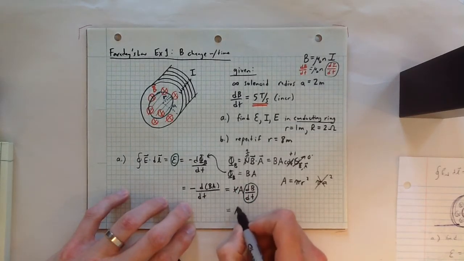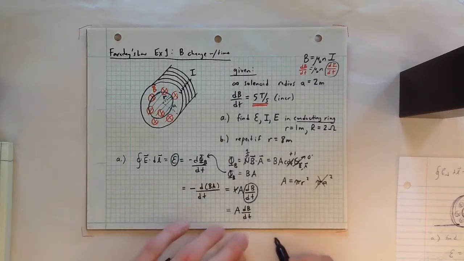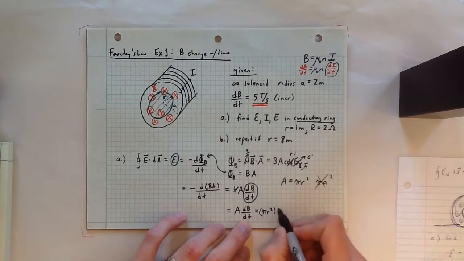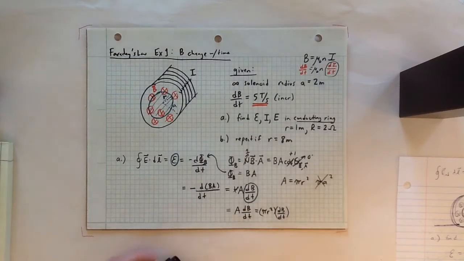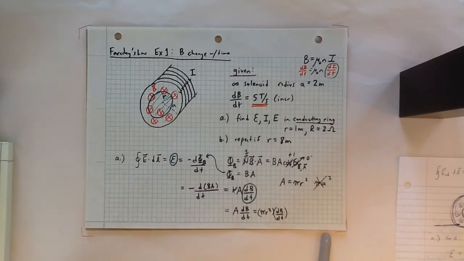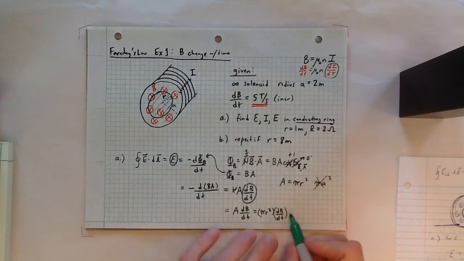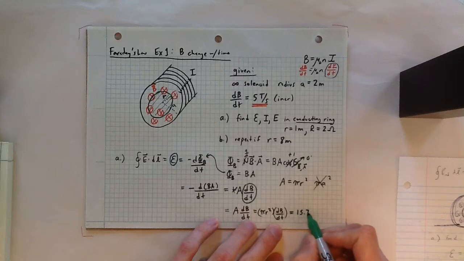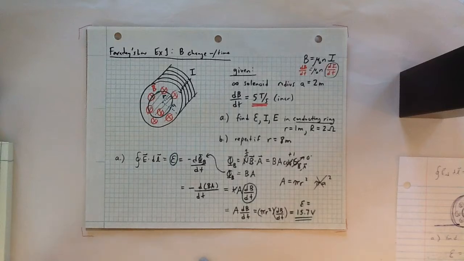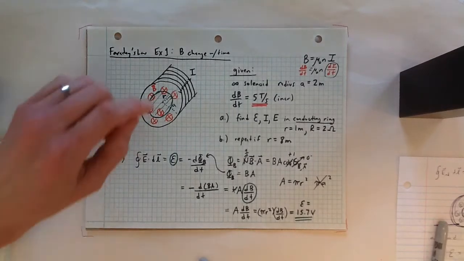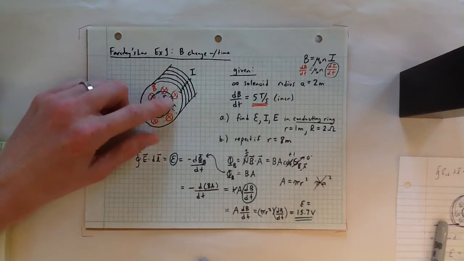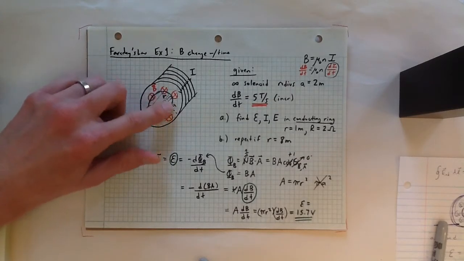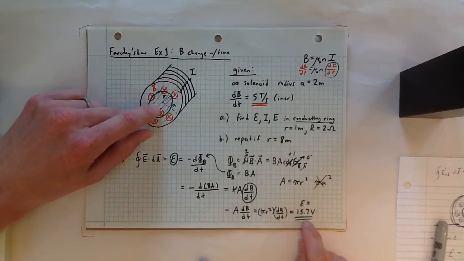law. So here I got A times dB/dt, and I can put in pi r squared, and then dB/dt, just think of it as its own variable. So right there you could certainly plug in, and if you wanted to get that numerically, that is going to be 15.7 volts. So that is the EMF generated in this particular situation. So this conducting ring, there will be a current in it, and that current will be exactly the same